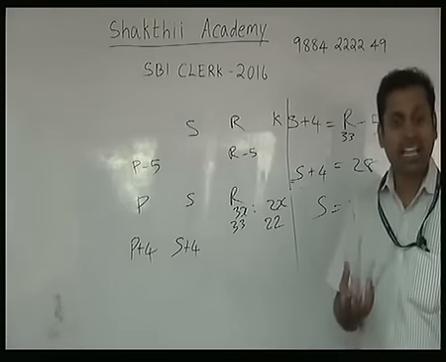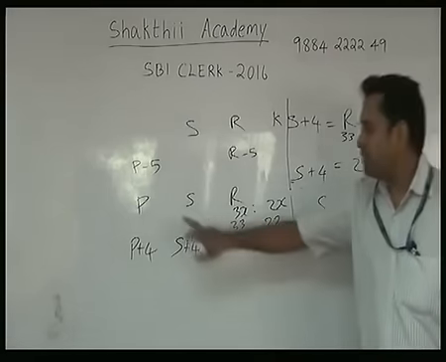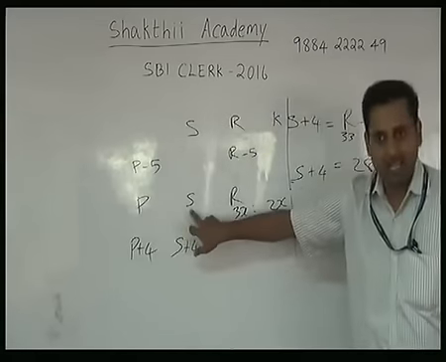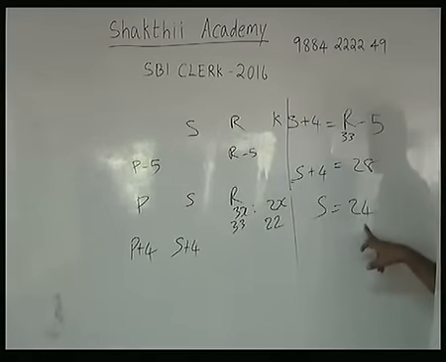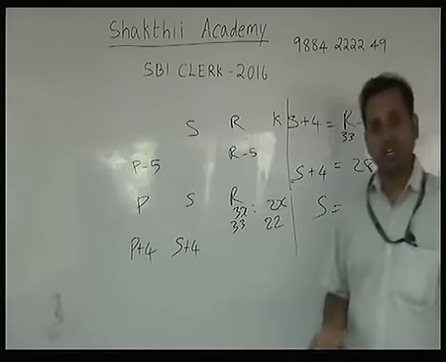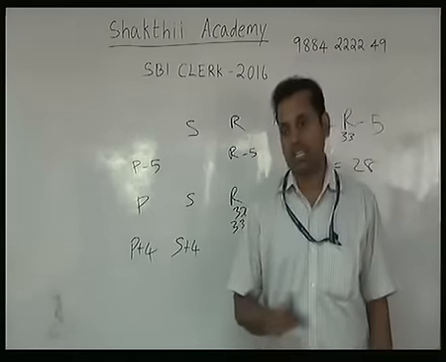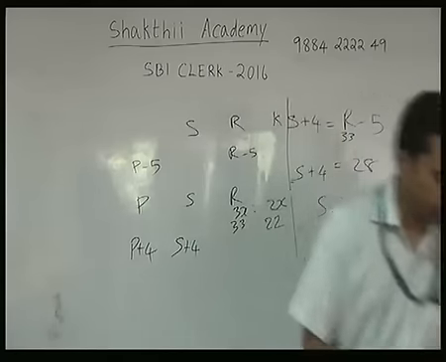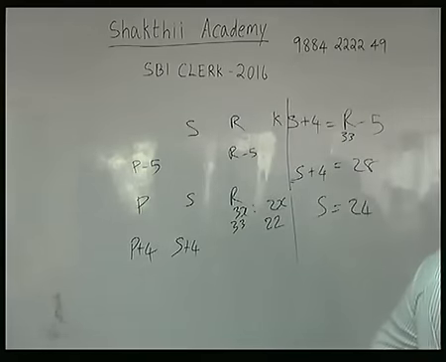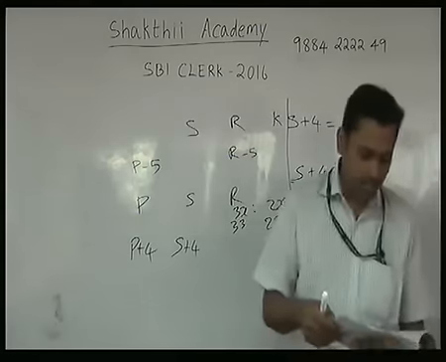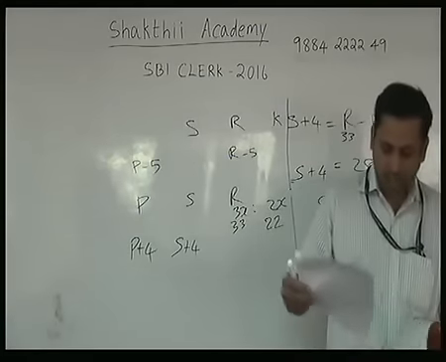I want exactly the age, or not? What is the age of Sonal? Yes. What we actually calculated is S equal to 24. So the answer is 24. So the age of Sonal is how much? 24 years. Is it clear? So till now how many sums have we seen? We have seen 5 sums. Okay. Now we'll take up the next sum.